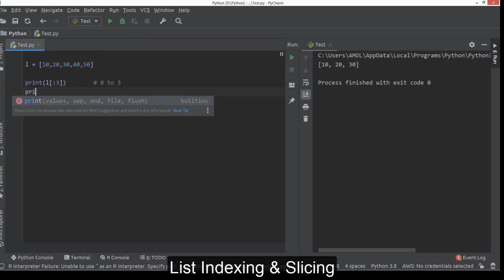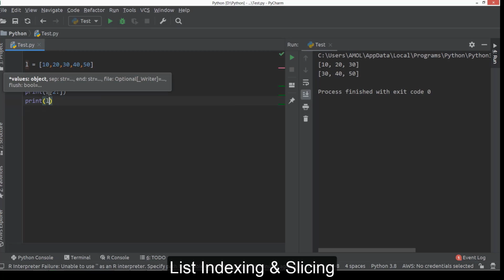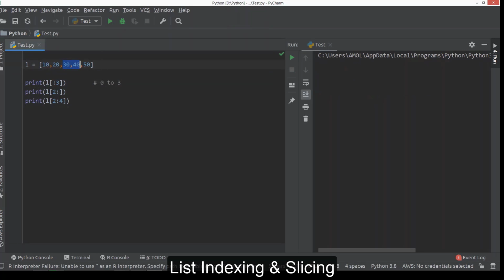Okay, in the same way we can do it like this also. Here we are starting from 2 and going up to the end. We are not providing an ending value here. So starting from 2 means it will start from here, and by default the ending value is this one. If you want to access the list by providing starting and ending values, we can say it like this. We are accessing the list from 2, so it will start from here, and as we have said, 4 is not inclusive, so it will only go with 30 and 40 here. So it prints 2 numbers here.